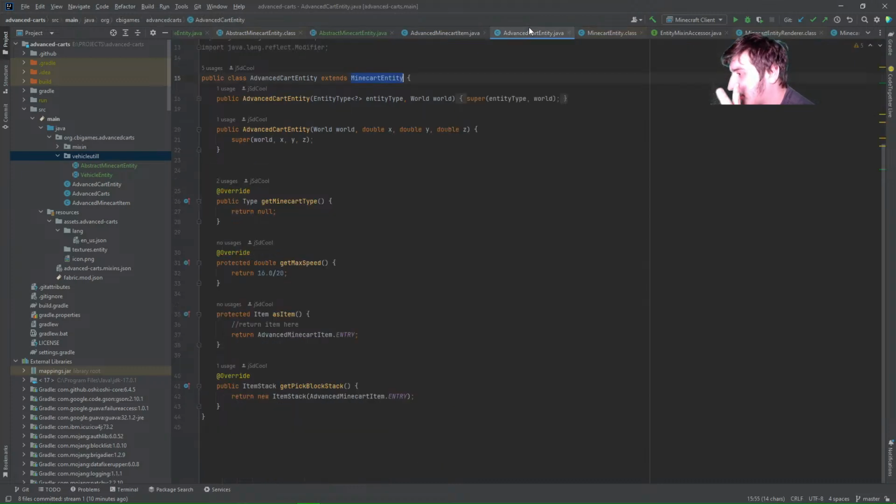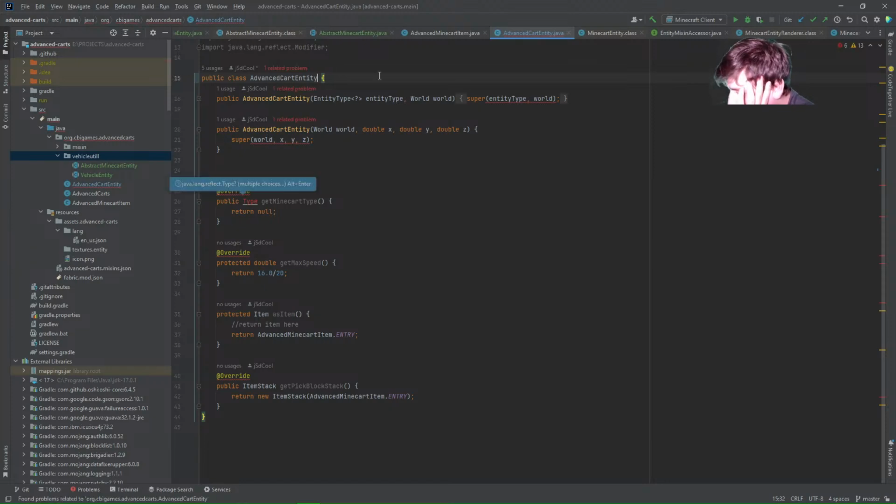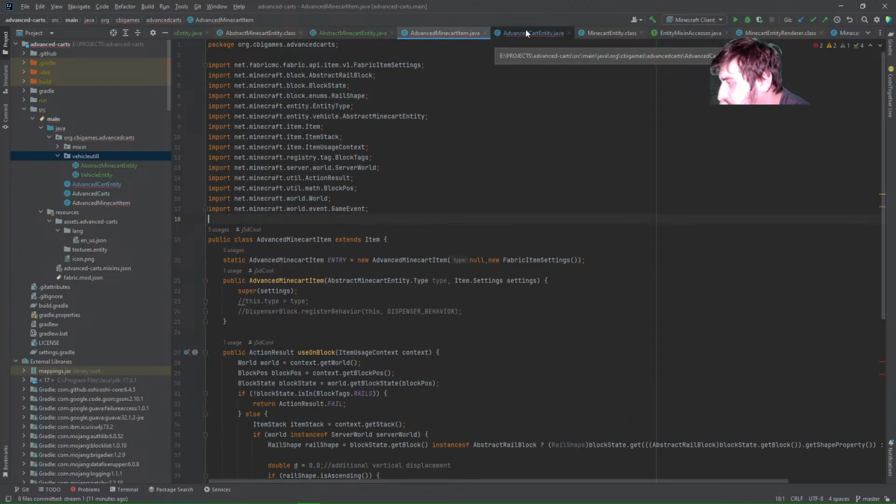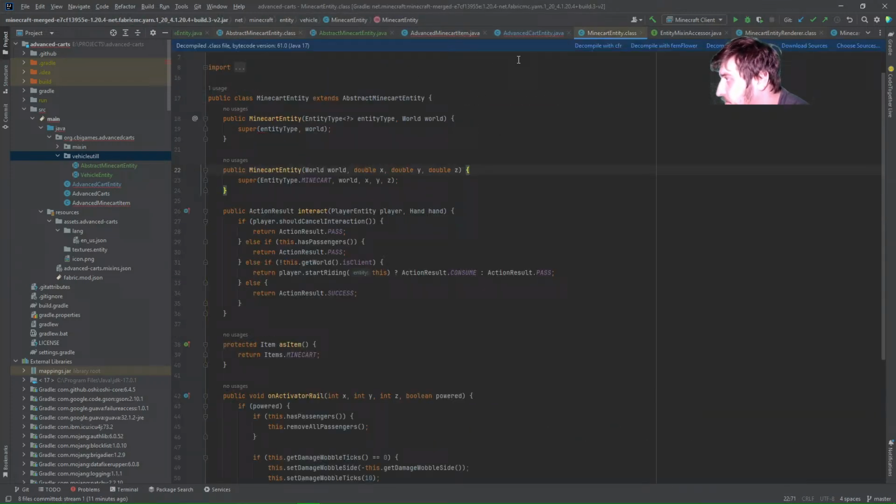Everything that we need here. So we cannot rely on super anymore because it's no longer going to be extending this. So specifically these ones which were actually, what is this thing? Or this thing extends abstract. Okay, so